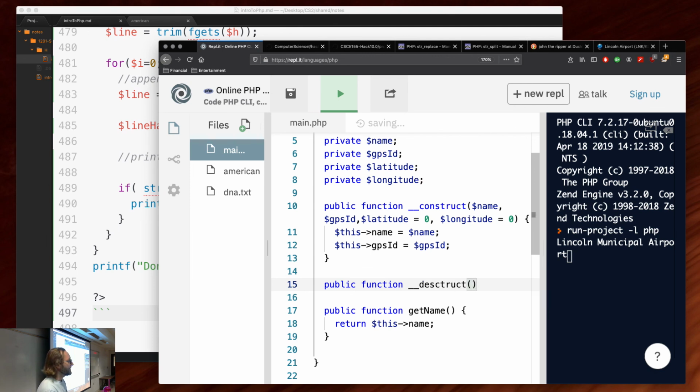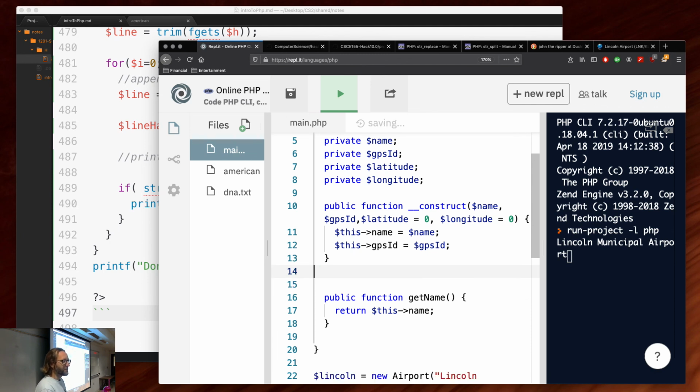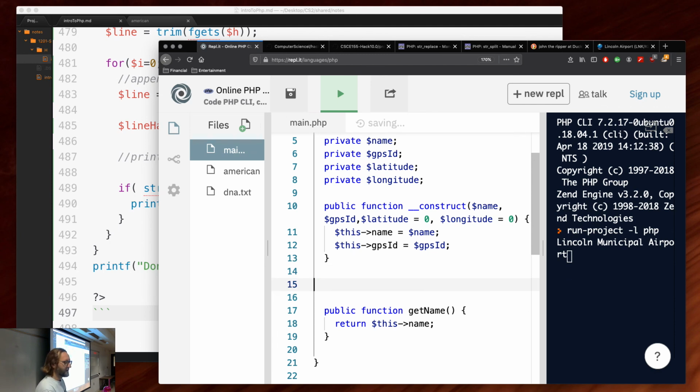It's not necessary. Why is it not necessary? When you destroy something, you're cleaning up after yourself, right? That says memory management. Do you need to do memory management in PHP? Nope. Automatic garbage collection. So even though it supports it, no reason to use it. But there is another magic function,